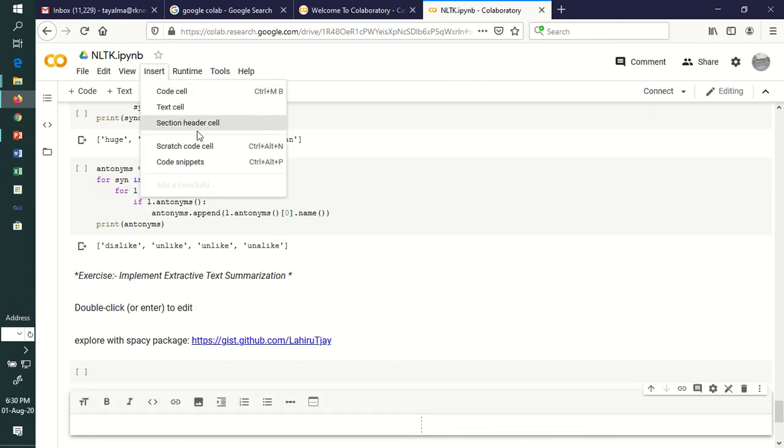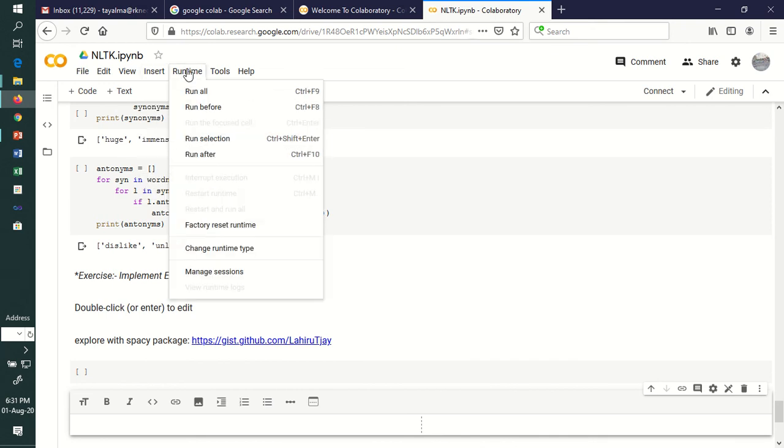Then code snippets can again be used. Now this is a very important menu, that is Runtime. Whenever you write code in your Google Colab notebook, once you have done all your operations, if it is closed and you use it a second time, you will find that your code is not in an executed form.